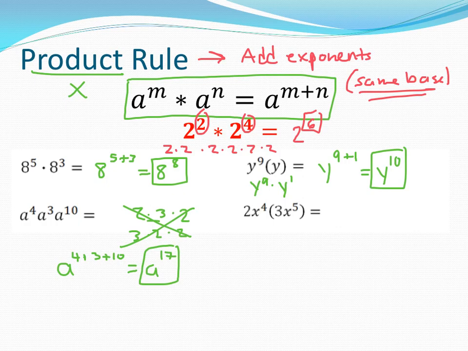All right, next one, last one, a little trickier here. We have 2x to the 4th power times 3x to the 5th power. Again, we have x to the 4th, x to the 5th. Now notice the difference here. I have numbers, 2 and 3. Well, here's a rule for you. Treat